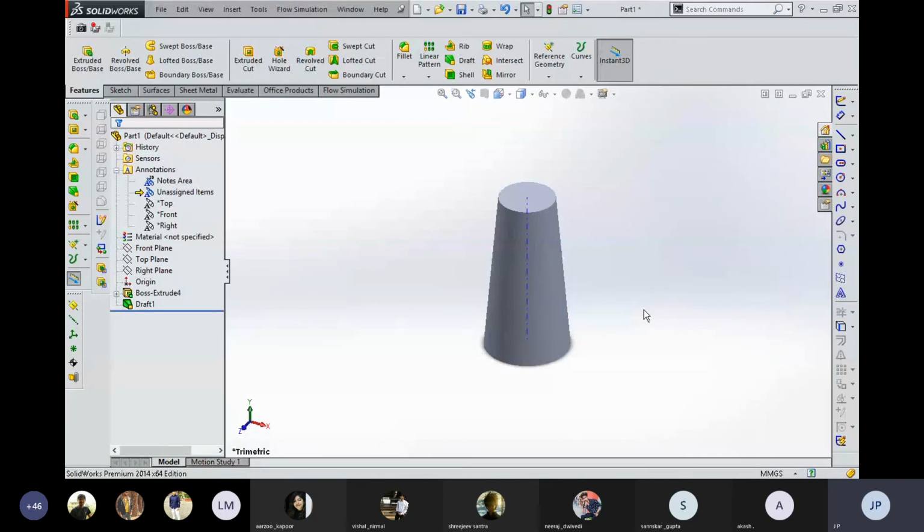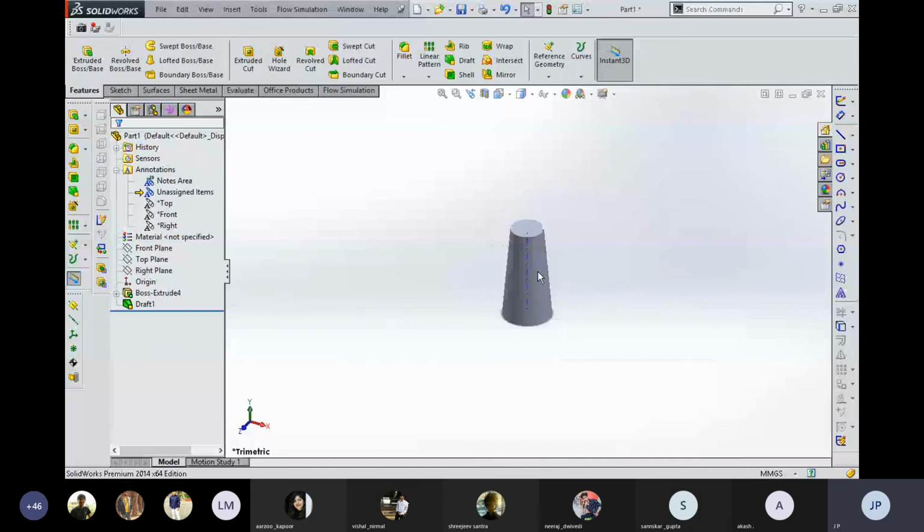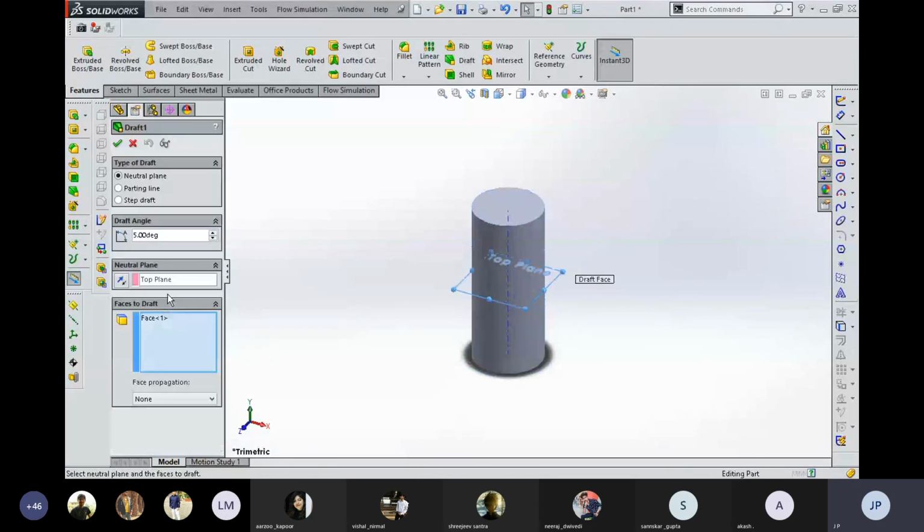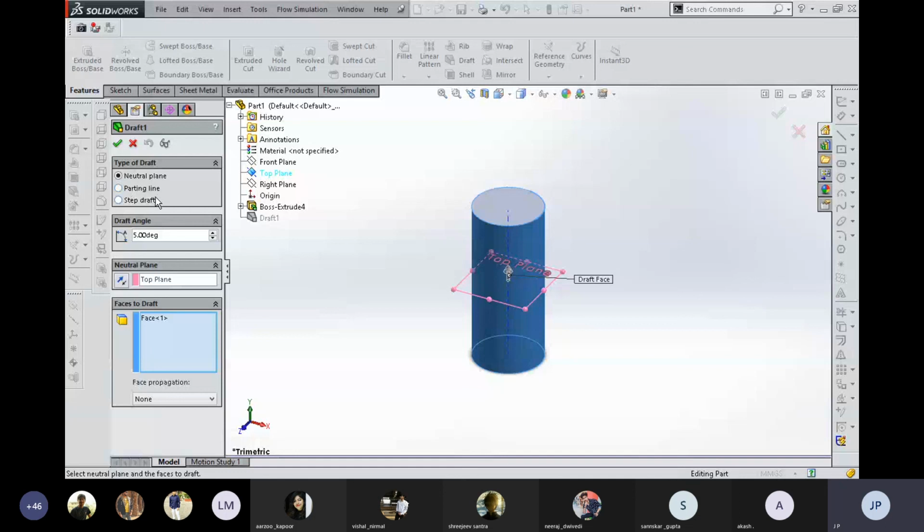I'm going to show you that. I'm selecting the neutral plane and selecting the face from where you want to create a draft. There are few more features which are available in the draft command. By editing the feature, you can see over here the parting line. For that, actually, we need a parting line, a line which is required at this top plane.